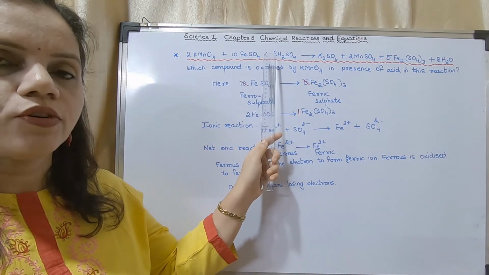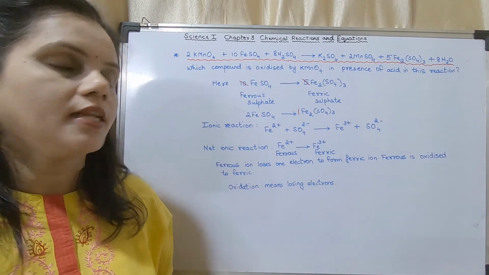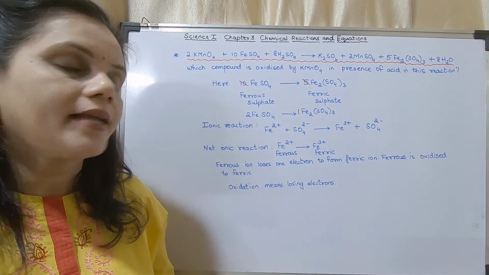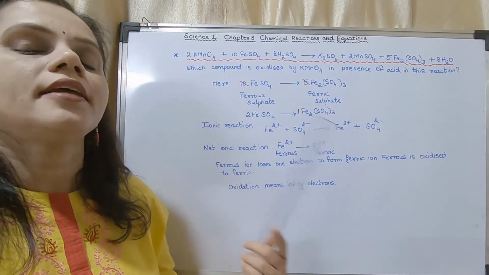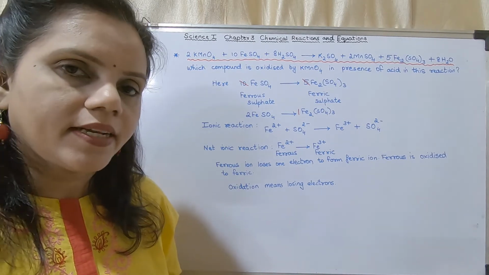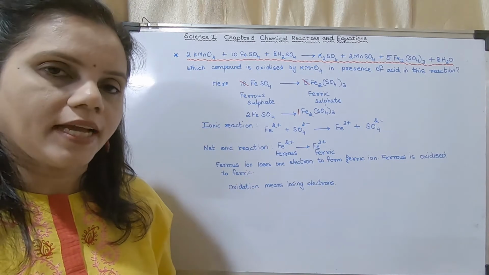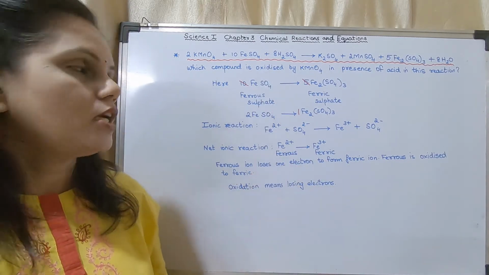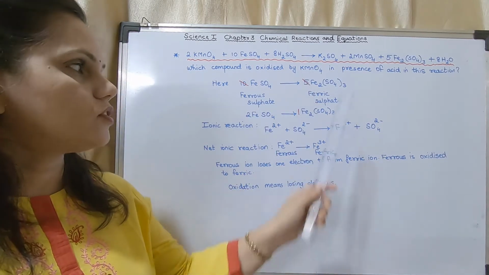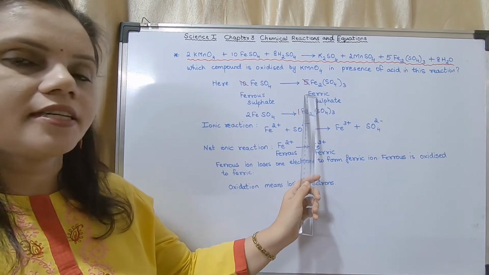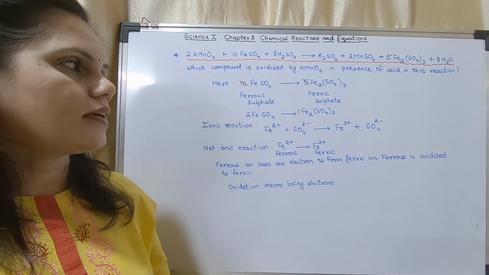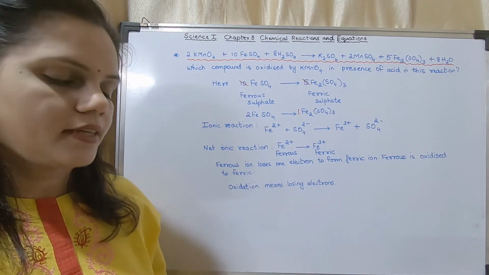KMnO4 and H2SO4 are providing nascent oxygen. Here they have given the net reaction, the complete reaction. They haven't shown separately how KMnO4 reacts with H2SO4 to provide O, that is nascent oxygen. They have given the complete reaction and asked the question. So here 10FeSO4 is getting converted into 5Fe2(SO4)3. Ferrous sulfate is getting converted into ferric sulfate. Cancelling, you are getting 2FeSO4 giving 1 Fe2(SO4)3.